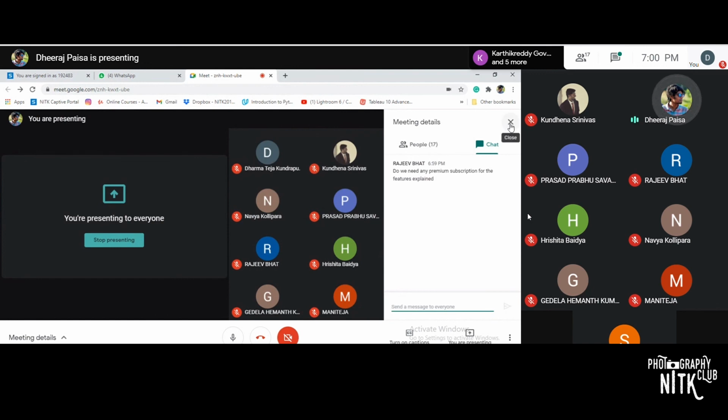We have a mobile option which is free, I think so. We can use the Adobe Lightroom mobile feature, but you will not get the premium features. Yes, you will not get the radial or selected adjustments option. For that, you need to buy the premium version.